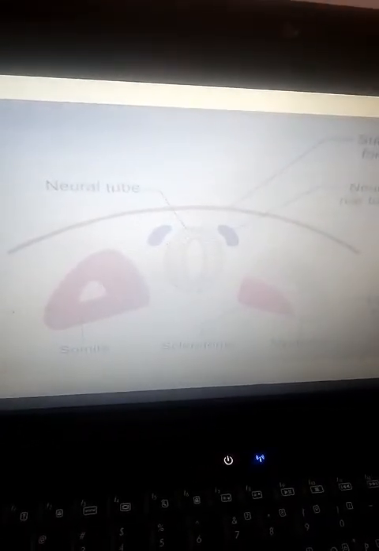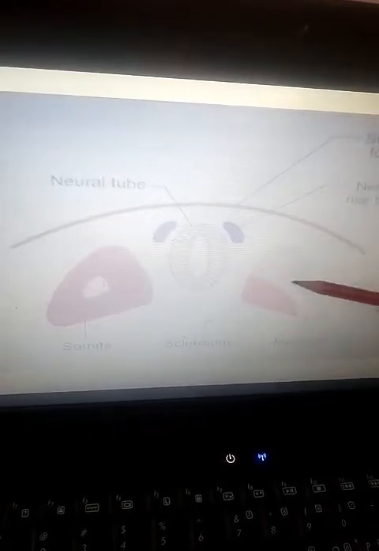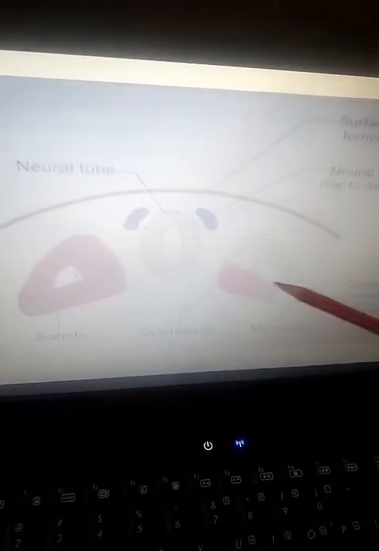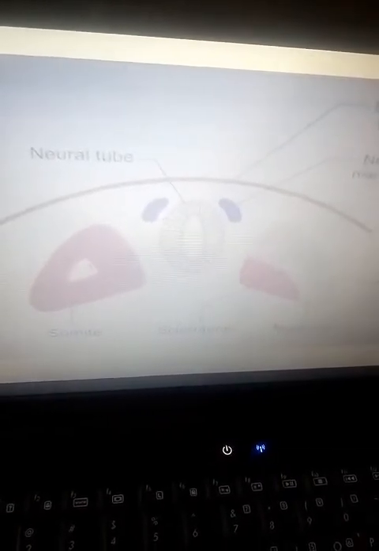The dermatome. As you know, we have the dermatome. What is the dermatome? The paraxial mesoderm, we know, is divisible into somites, and these somites are triangular in shape and divided into three parts: the dermatome laterally, the middle myotome, and the sclerotome. So this dermatome gives rise to the dermis of the dorsal aspect of the head and trunk. Remember here that the dermatome, or the paraxial mesoderm, gives rise to the dermis of the dorsal aspect of head and neck. The dorsal aspect of head and neck comes from our dermatome.